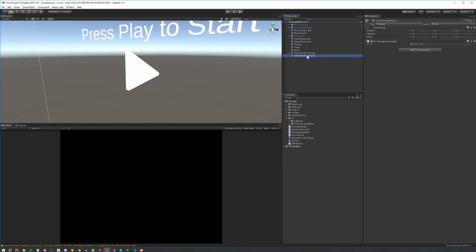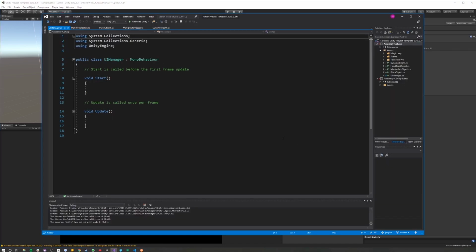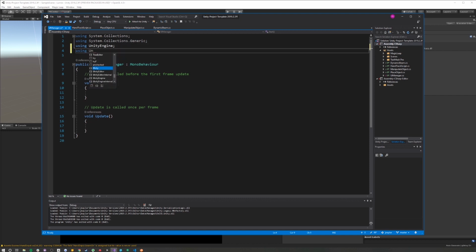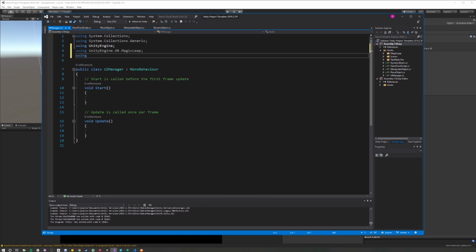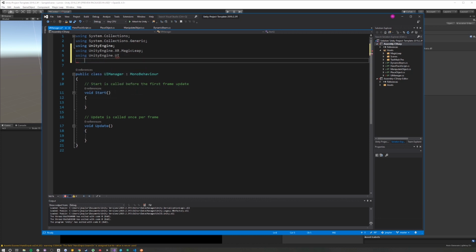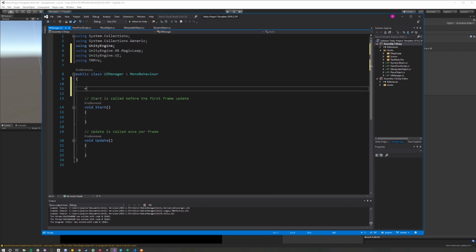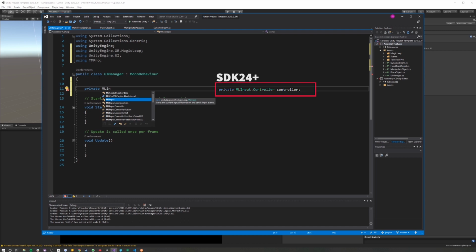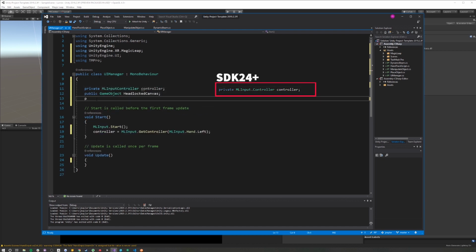So here we are in our script. We're going to say including the XR.MagicLeap and also using UnityEngine.UI, so including those namespaces, as well as TextMeshPro, so using TMPro. Then we're going to create a reference to the Magic Leap controller input controller. We're going to get a game object, head locked canvas, and also the controller input, so